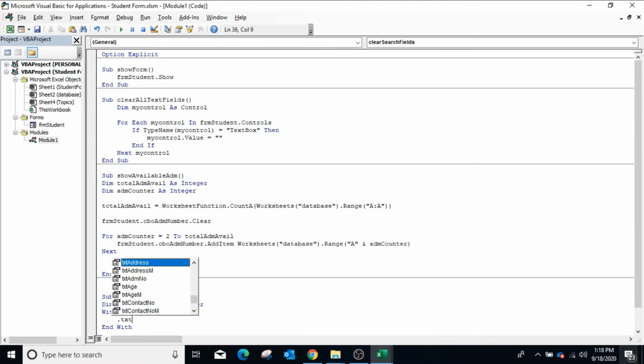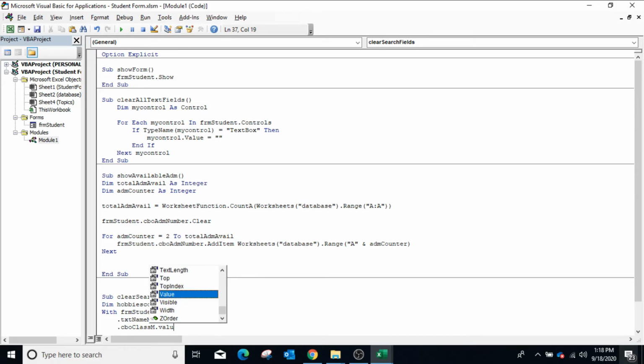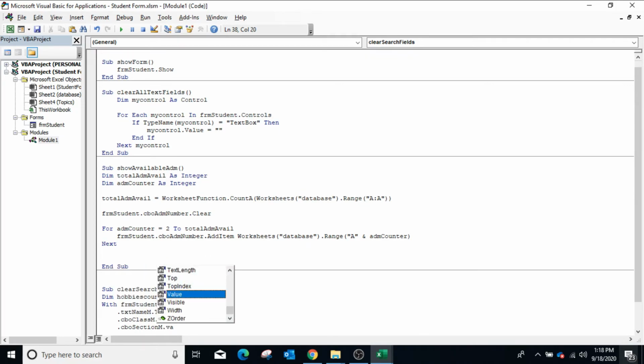So .txt name m.text is equal to blank. Similarly, for the combo box, the property is value.